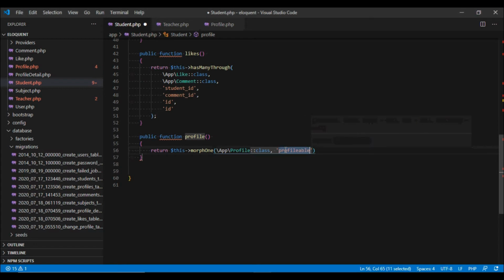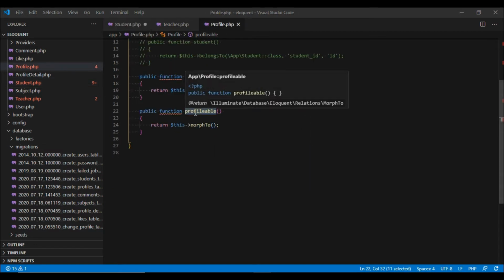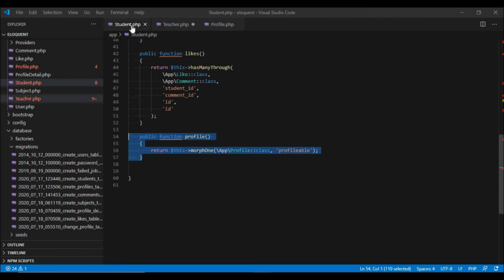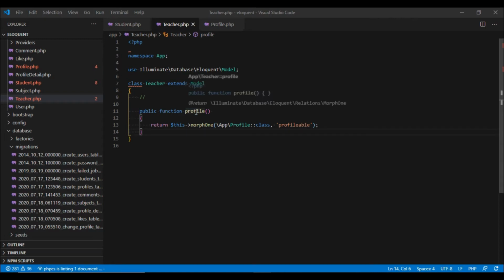Remember, this parameter is the same as the method name defined in the profile, so this way Laravel knows how to link it to the profile method. We are going to make similar changes in the teacher model, and we are going to define a profile method, and it would refer to the Profile class and the same method. So that is it.